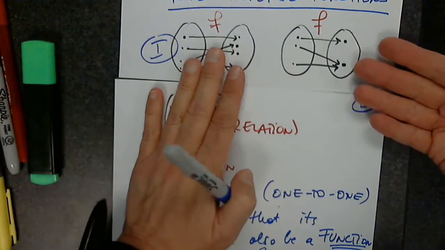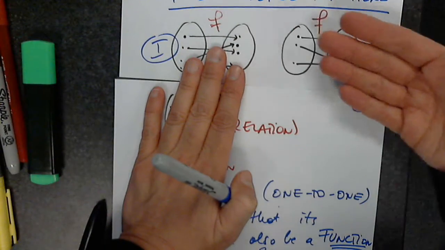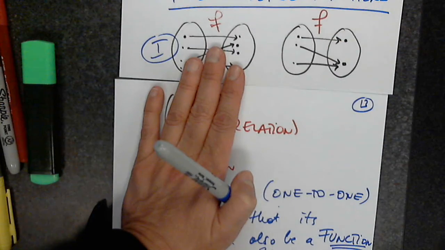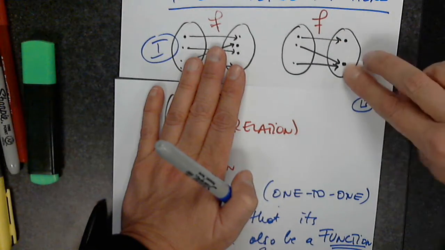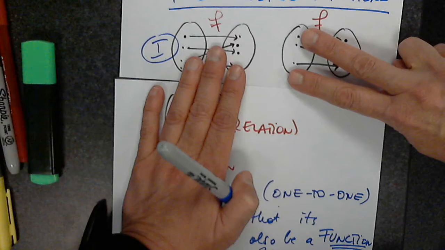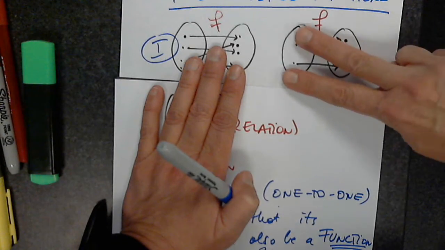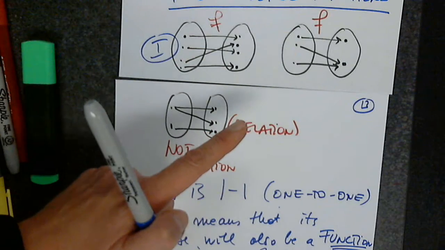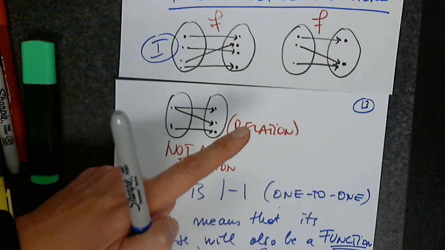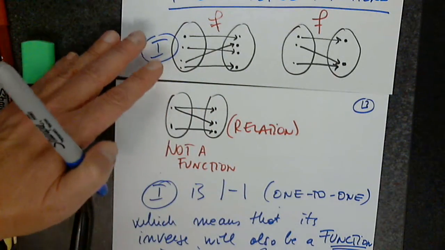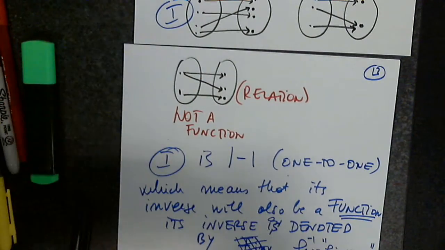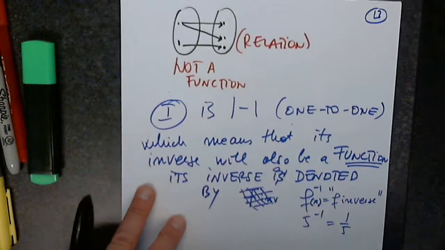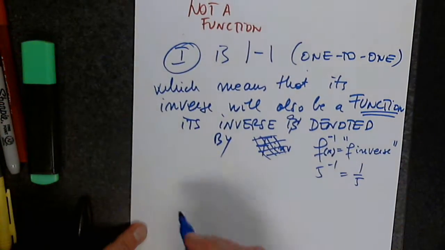If I want to create a function going backwards, will this be a function? No, because this value will go back to two different y values. This x will go back to two different y values. So this is a function. However, it is not 1-to-1. So in number 2, I will have to write 2 is a function,